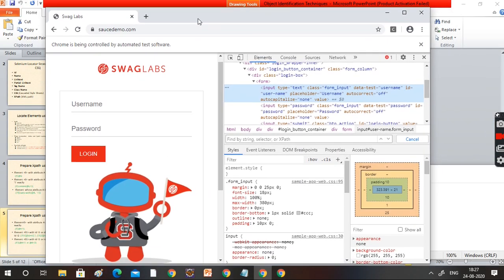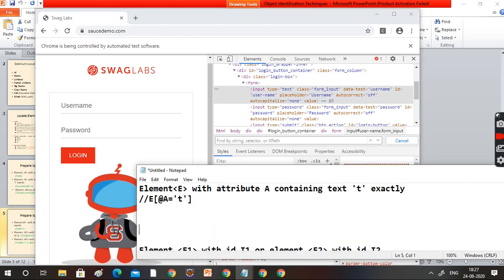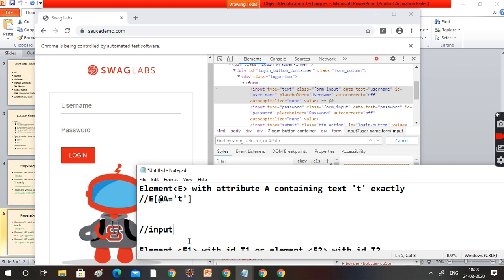What is the first technique saying? Element means tag name. My tag name is input, and at is normal, used to denote any attribute. What attribute am I planning to use? Type. Okay, equal to single quote, here.